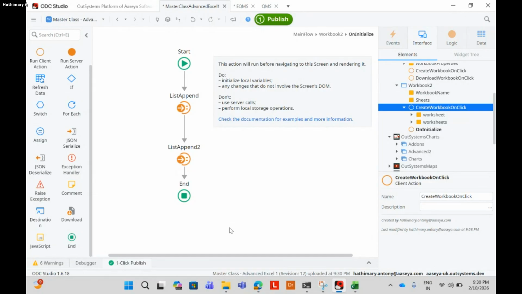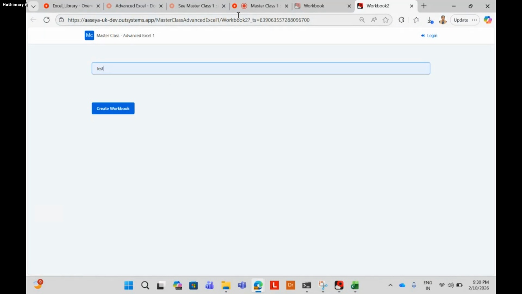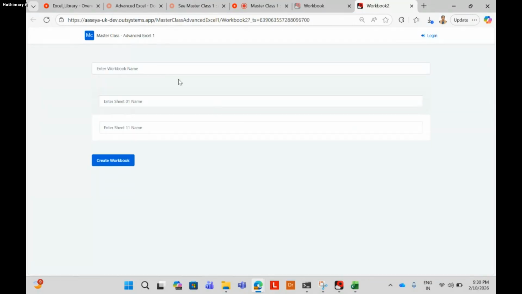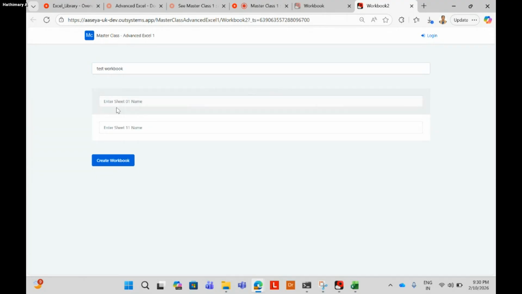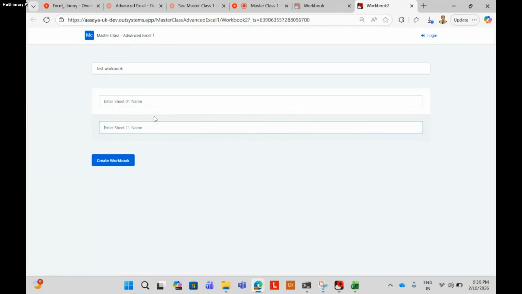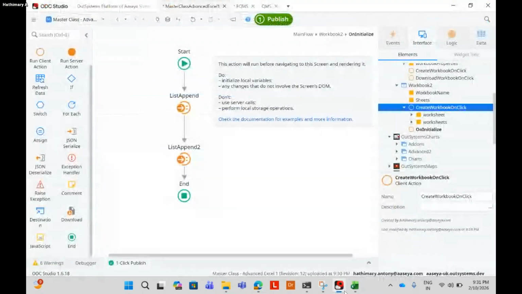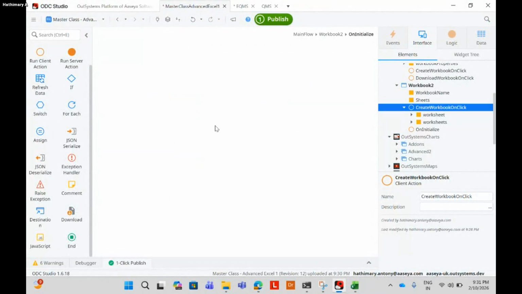Okay, it's published now, so let's check it. For the workbook name I am using test workbook. You can see it says enter sheet one name and enter sheet, actually it should say, I think I'm not putting the formula properly.